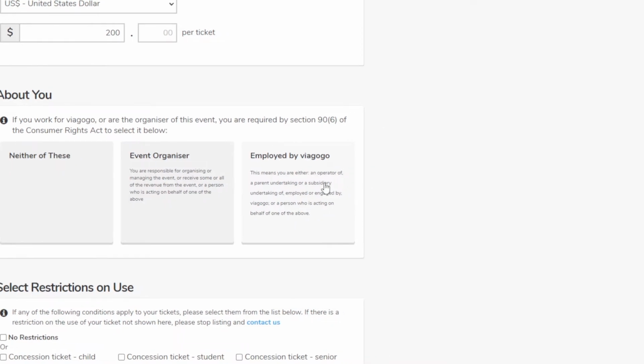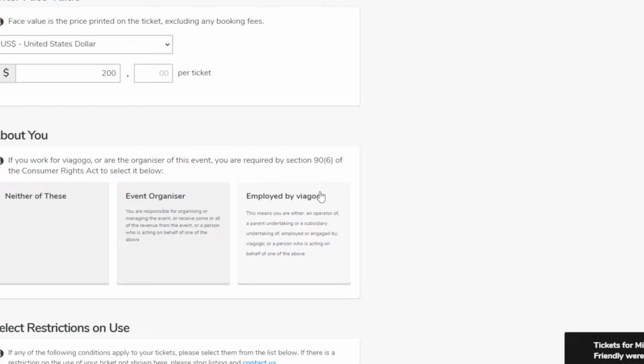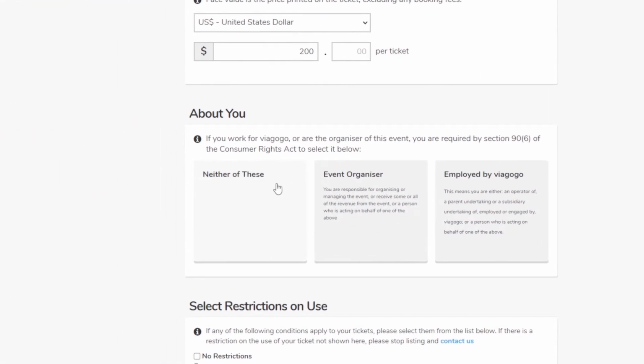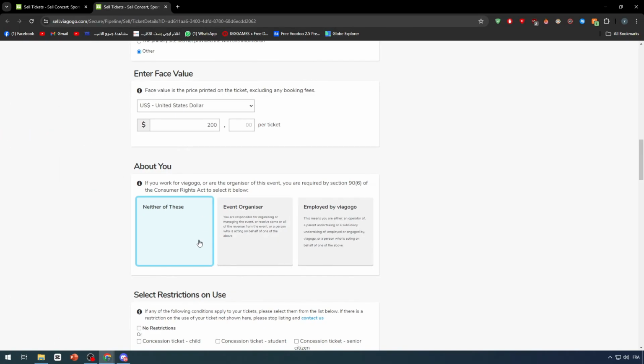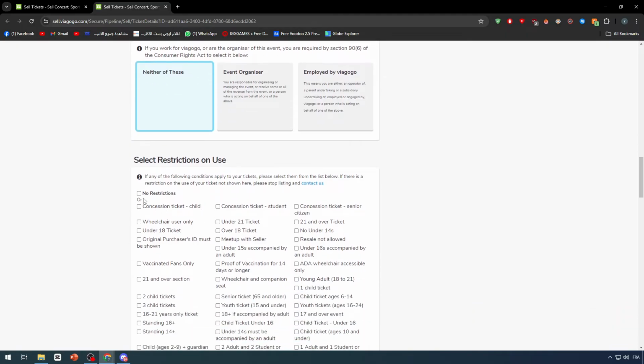That means you are either an operator or parent of a parent undertaking or a subsidiary undertaking of, employed or engaged by Viagogo, or a person who is acting on behalf of one of the above. So you have to choose one of these things. So let's choose neither of these. Here select restrictions of use. So here I'm just simply gonna choose no restrictions,